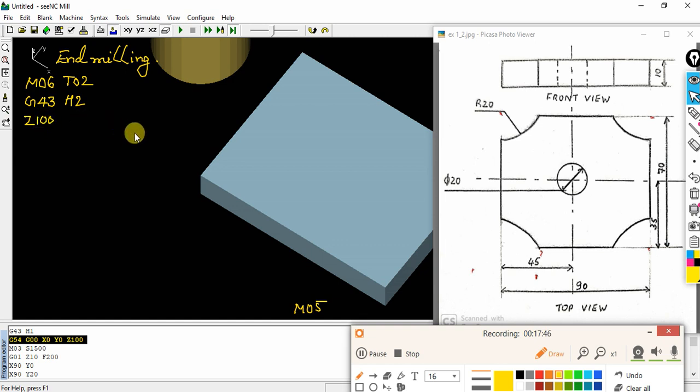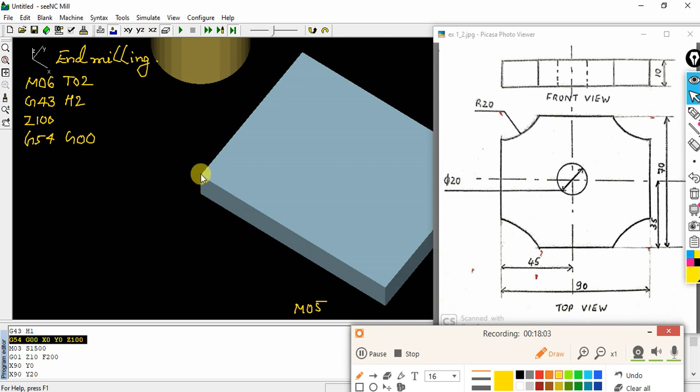From that position I will get my cutting tool to the initial position, that is G54. Let me select the coordinate G54. Okay, G00, and as I said, I will keep my cutting tool away.